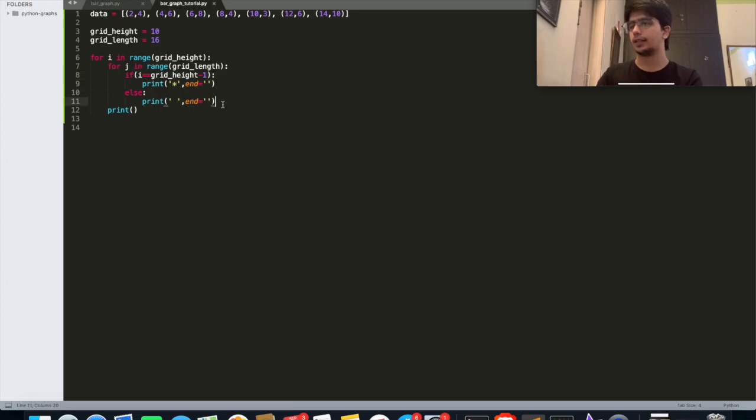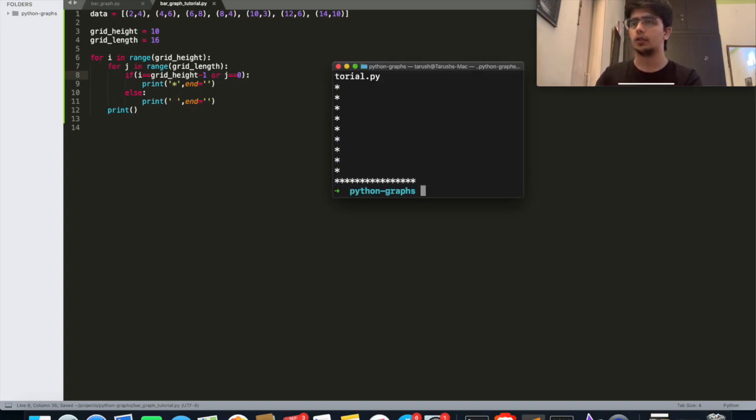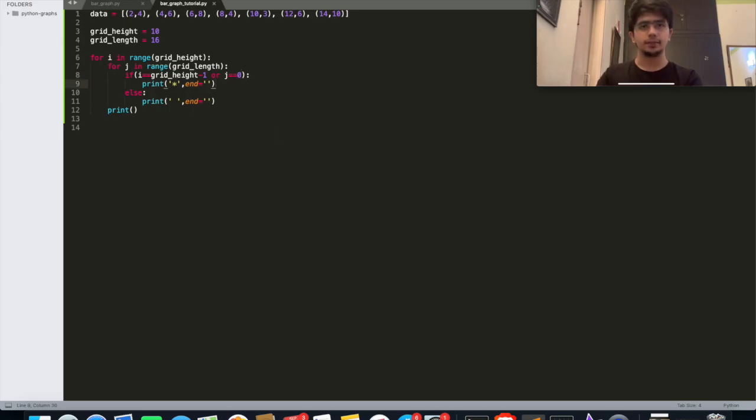Now let's print our y-axis. This is pretty straightforward, it's when j is equal to 0, since that's the first column there. So we've gotten our axes down. Let's see how we print the bar graph this time. For the bar graph, let's first print the points before printing the bar. So let me just say elif.